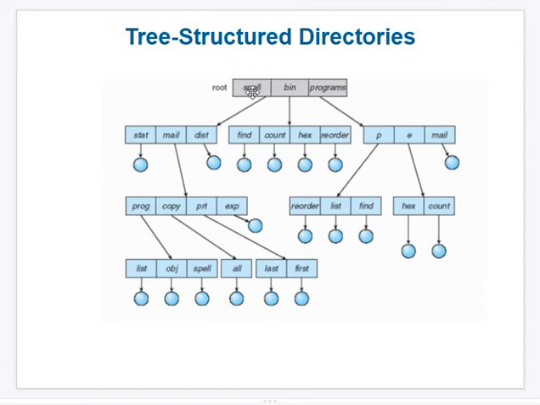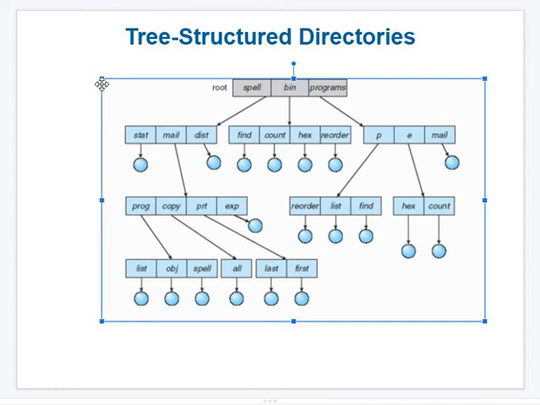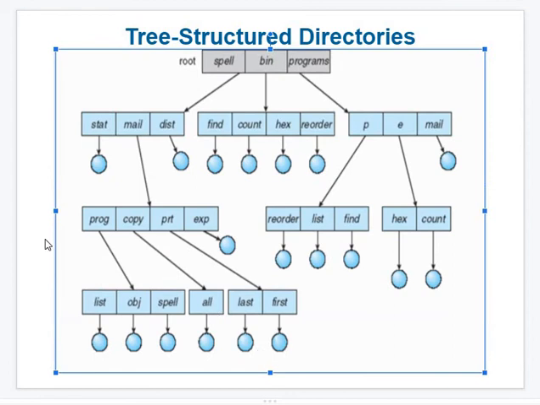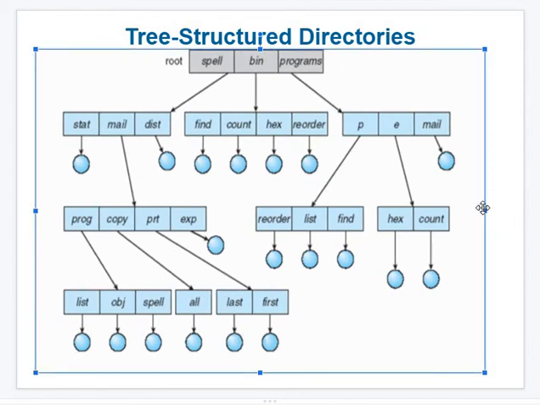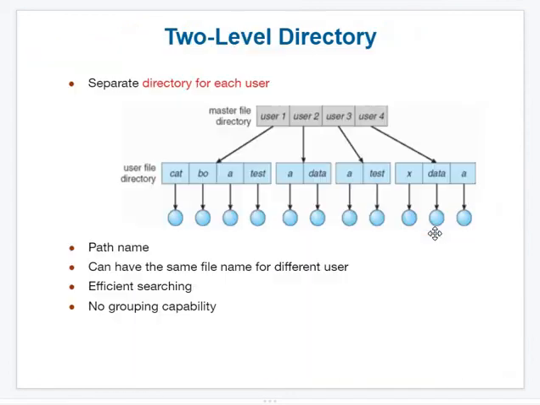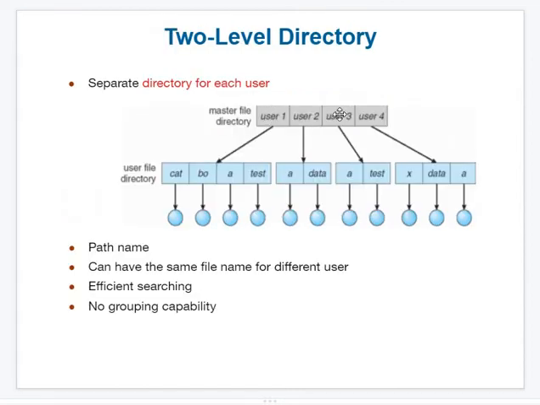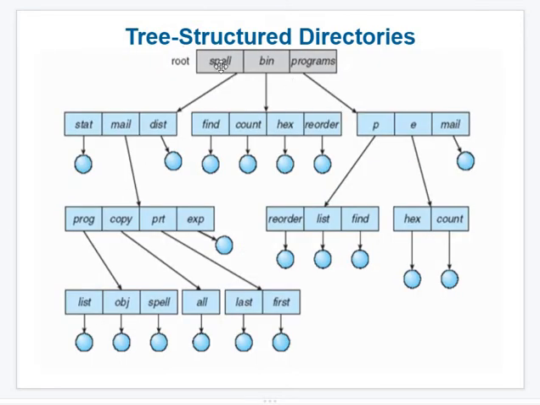See here there are 3 categories. Let me elaborate. First and foremost, in this approach there is no strict limitation like the previous one, where all users should use only 2 levels. Single level means all users can have only single level files. That means they are not supposed to create subfolders. In the two level approach, users are allowed to create 1 level of subfolder, but tree means what?